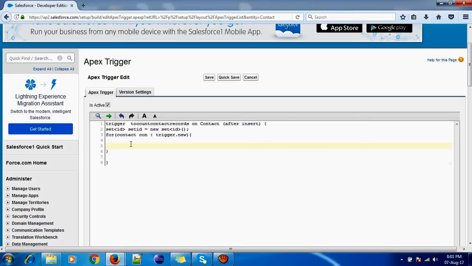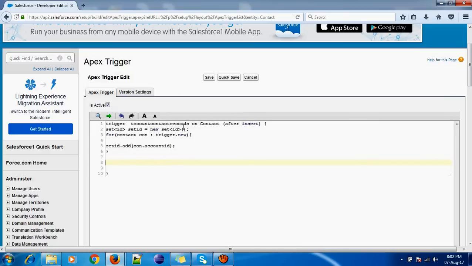So setID.add, what we will add is con.accountId, and end with a semicolon. Through con we are referring to the contact object, so con.accountId will be stored in setID. We have created a set.